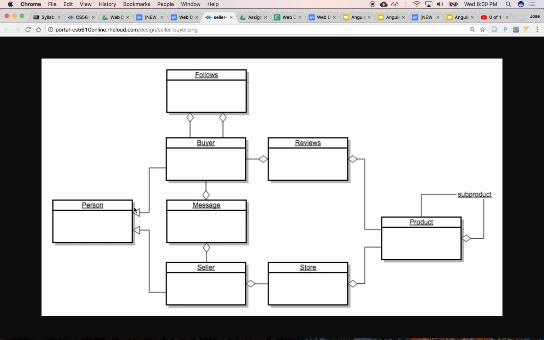So the buyer can write many reviews. Here's a mapping relationship that says this product has these reviews written by that buyer, but that buyer can generate many reviews for different products. So this is a mapping table that maps this product being reviewed by that buyer, and this buyer reviewing these products. A seller can have many stores, and each store can have many products. And the products can be structured in a hierarchy of products and subproducts and sub-subproducts, right? So that's an example.